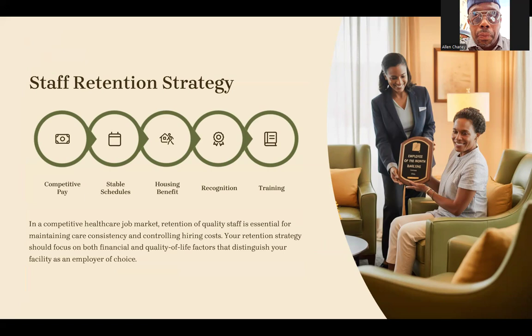Staff stability. I mean competitive pay, stable schedules, housing benefit, that's where you live in, recognition. You always want to present awards and let people know who's doing great and how much you appreciate them, stuff like that. Training,